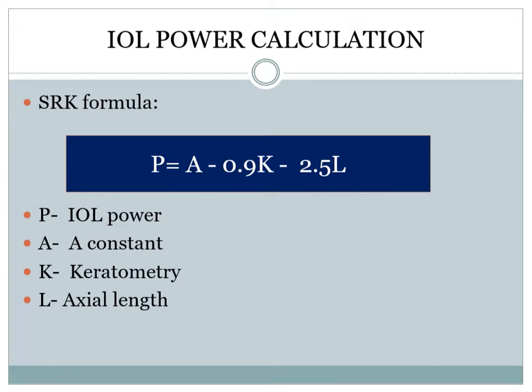What you have to remember here is, for a standard emmetropic patient, the standard intraocular lens power is usually plus 20. Plus 15 to plus 20 is the usual refracting power of the lens, isn't it? So usually we get around plus 19 or plus 20 IOL power. If you take a myope, then it will be less than plus 20, and if you take a hypermetrope, it will be more than plus 20. So these are the points which you have to remember and note down for your practicals.